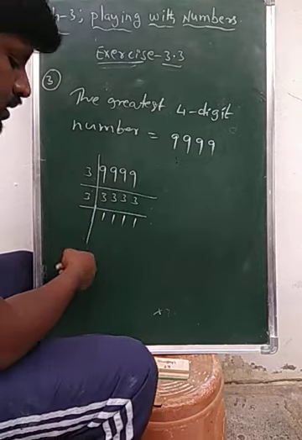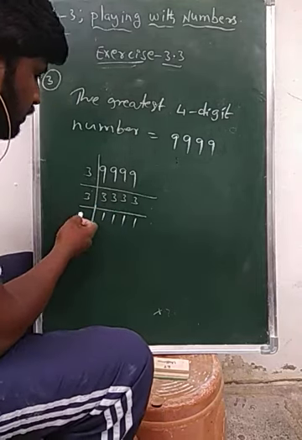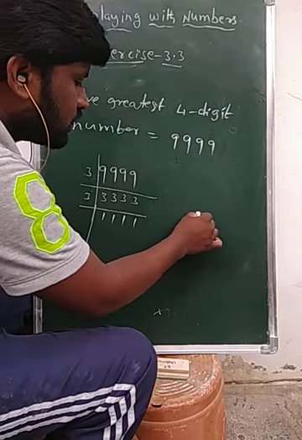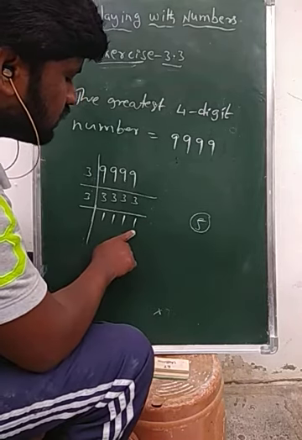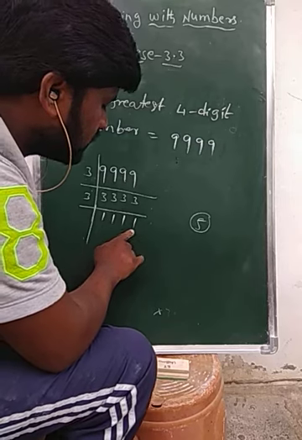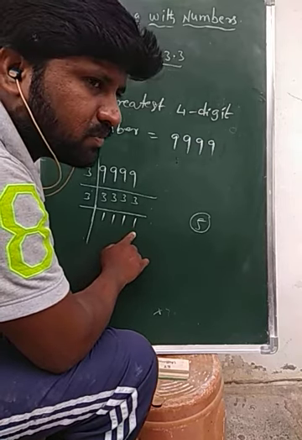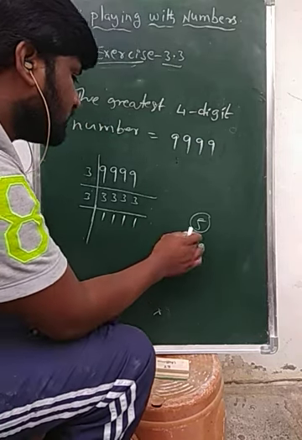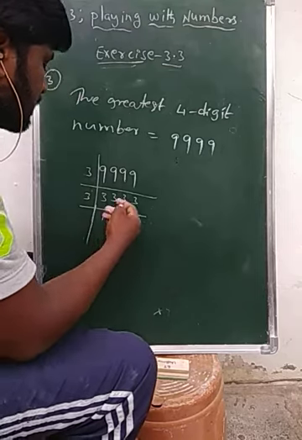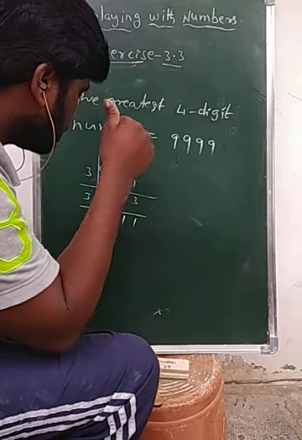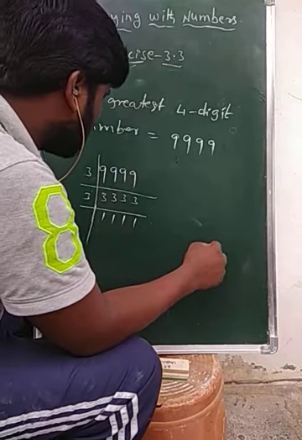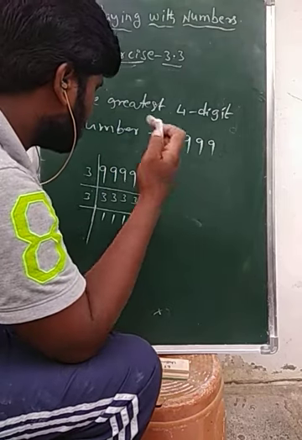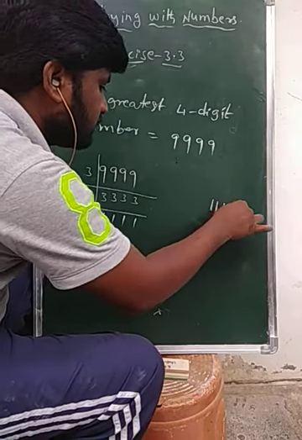So next, which prime number is useful here? 5 is not usable because here the ones place digit is 1. That's why it is not usable. So like that we are checking, means the required prime number might be 13. Let us check whether 13 is divisible.